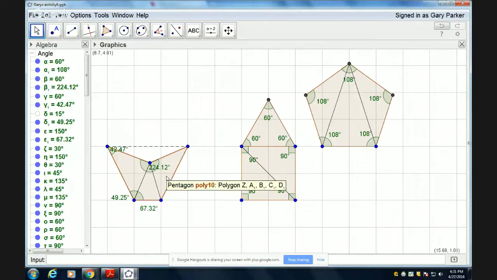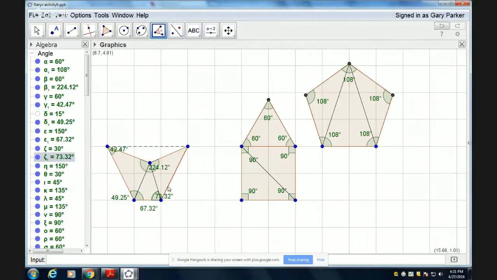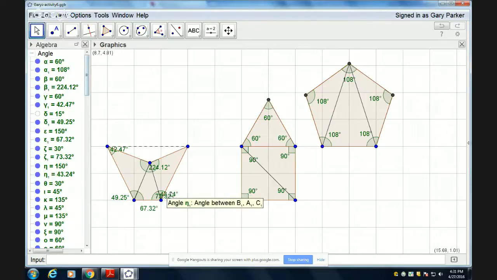What about the third triangle? This one right here? It doesn't matter because we know that inside this triangle there is 180 degrees. Inside this one, there's 180 degrees. And all of those little triangle angles build the pentagonal interior angles, right? Because this angle right here, plus this angle right here. Did I get the direction right? Yeah. Those two have to add up to be that interior angle of this particular